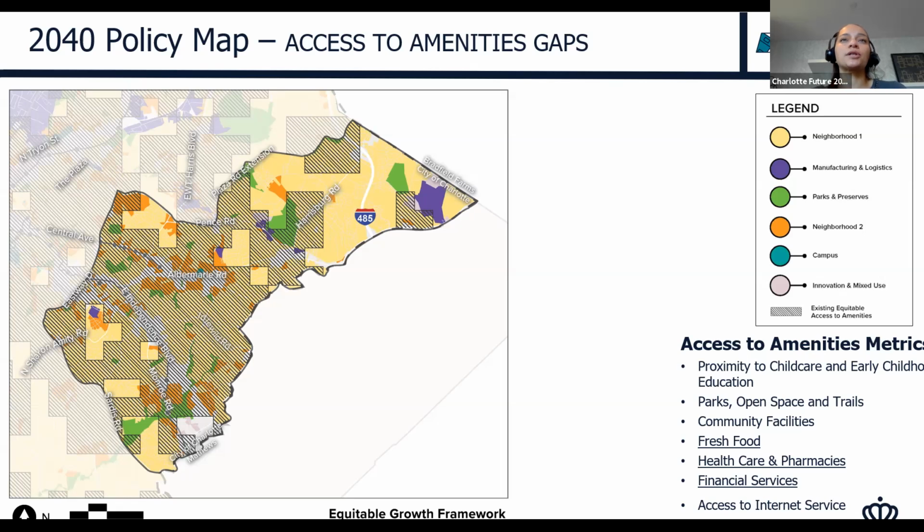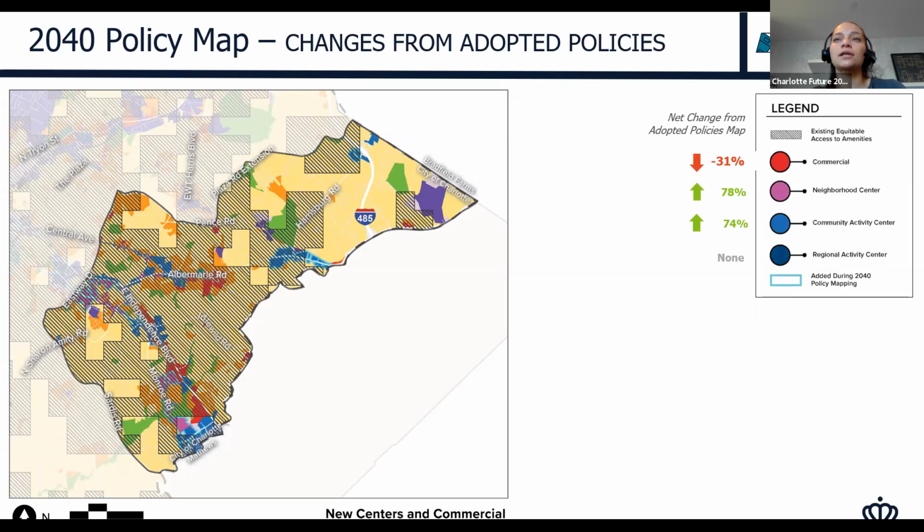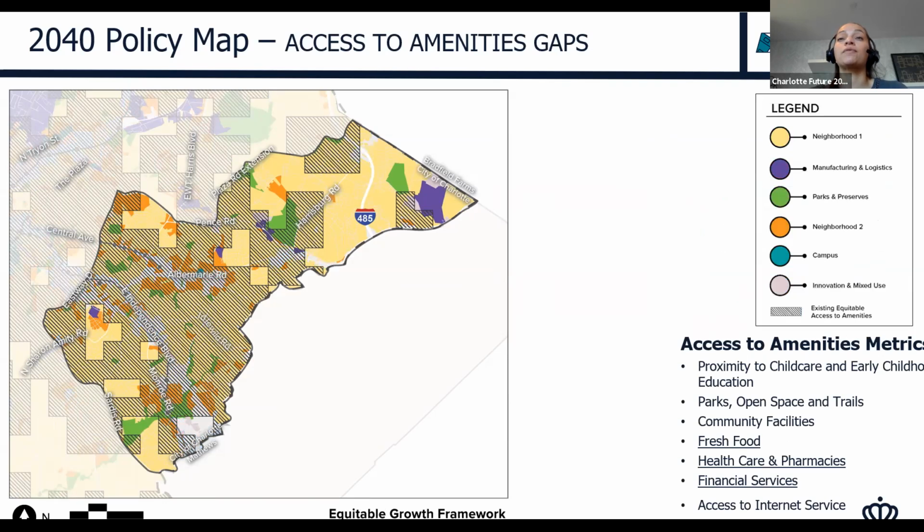The way that we address that, and Kathy, correct me if I'm wrong, is we mapped these neighborhood centers, which are really intended to be mixed uses, so that we can provide an opportunity for development of all of these uses listed here, or all of these metrics, in these activity centers. So the goal is to touch on each category in the future. Yes.